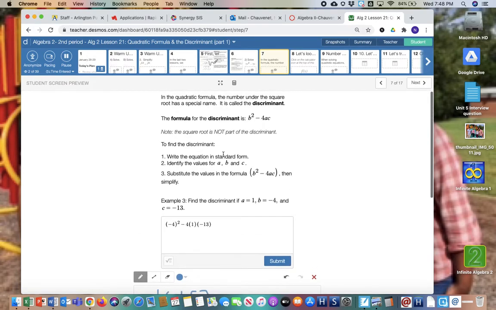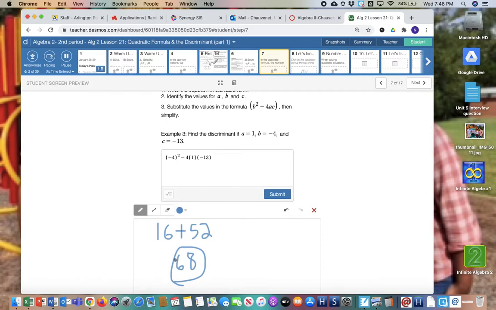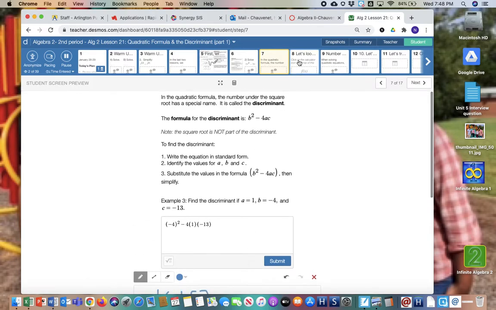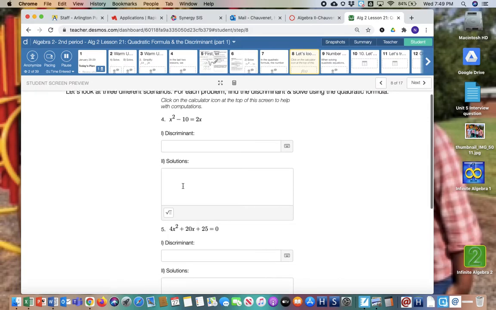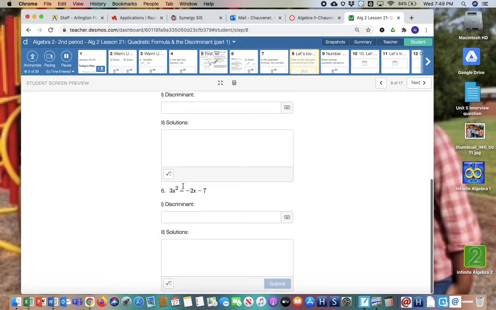So this is a certain type. It's a positive number, and it's not a perfect square. That's going to mean something for us. So there's a thing that you want to look for when you're doing the discriminant. You want to find your discriminant and then say what the solutions are. And when you do that with the quadratic formula, that's going to tell you what kind of solutions you will get. Now, this is only part 1 of our lesson on quadratic formula and discriminant,